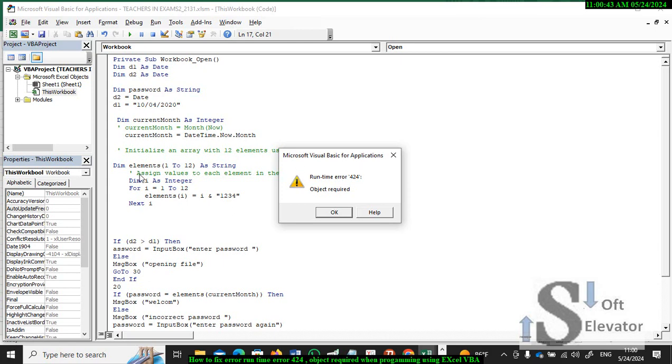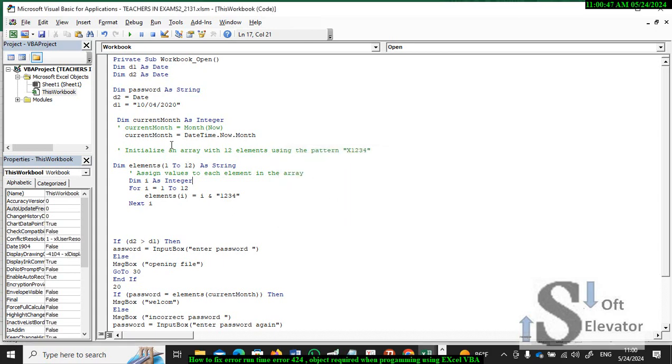So I tried to solve the problem, and I found the problem here, the object is required here. This is the function which brings the month and puts it in the variable current month. So I declare this variable as integer, and I will use this variable as an index for the array to select one month from the 12